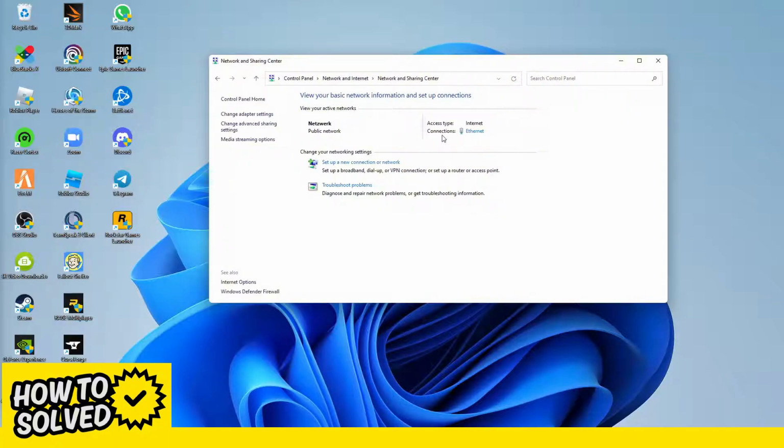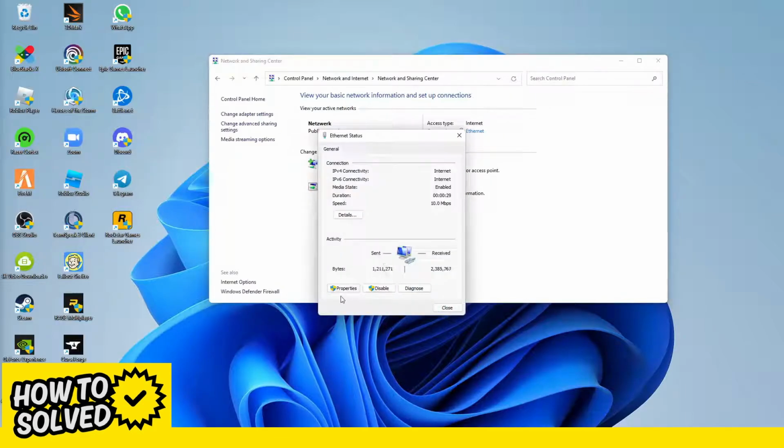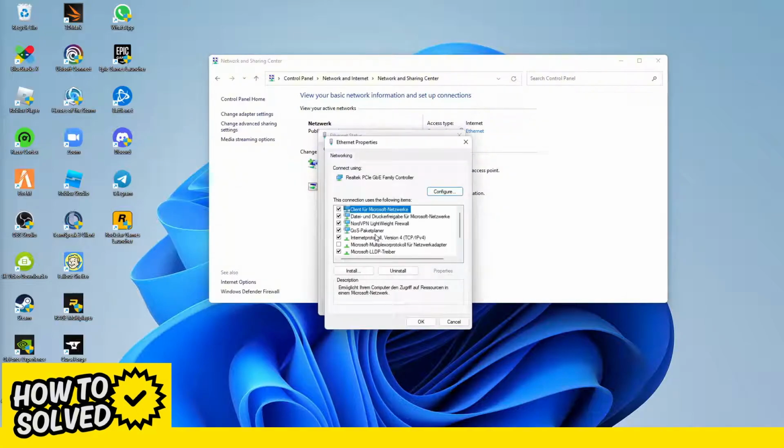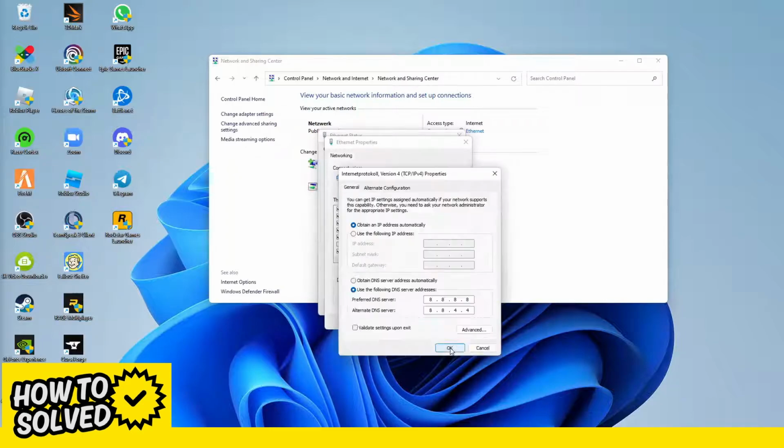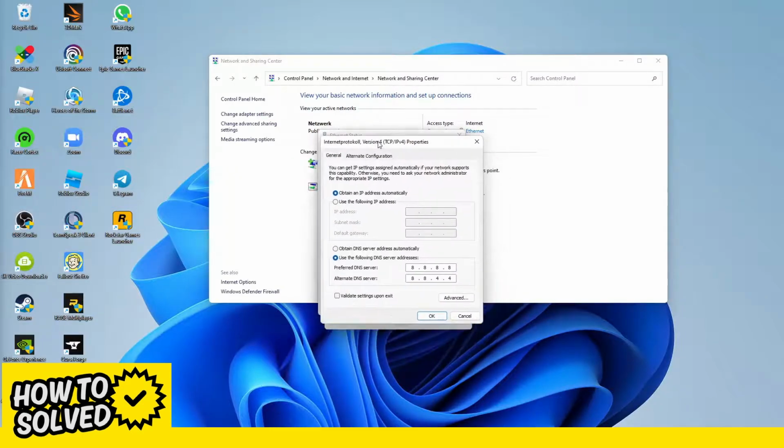connections link here. And again, in my case Ethernet, but it doesn't matter if you're using Wi-Fi. Just click on this link here, click on Properties, select Internet Protocol version 4, click again on Properties, and then make sure that you select the second option down here, instead of obtain DNS server address